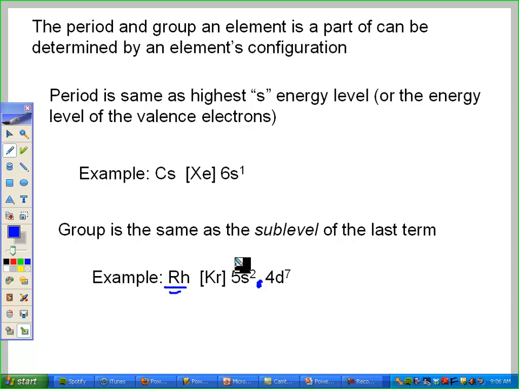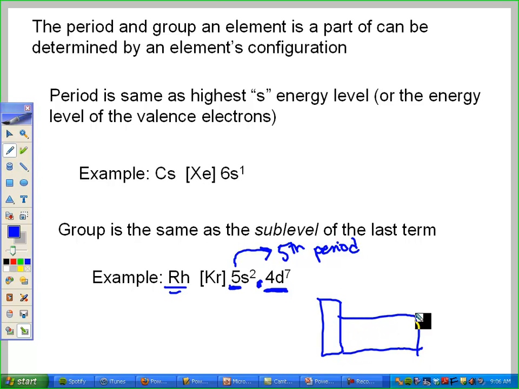So right off the bat, from that electron configuration, I can tell that rhodium is in the 5th period because its valence electrons are in the 5th energy level. So rhodium should be in the 5th period. However, its last term is 4d7, which means if I look at my periodic table, and I'm just going to sketch a quick one right here, if I look at my last term, that tells me what group it's going to be. So that tells me 4d7